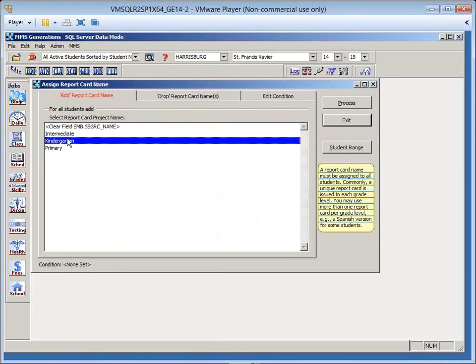So remember that you're going to need to change that at the beginning of each year, especially for the students that are going from kindergarten to primary or primary to intermediate. But that's how I would assign the students into the